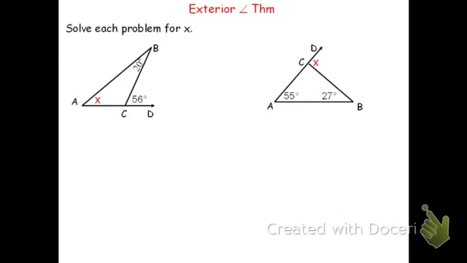Alright, let's take a look at 2 examples here. In the first figure, I see that the measure of angle BCD, or exterior angle, is 56 degrees. And I see the measure of angle CBA, or angle B, is 20 degrees. And we want to find the measure of angle BAC, or angle A, which is measured x. We're going to use the exterior angle theorem to do this. We have the exterior angle, and we know one of the remote interior angles, and we want to find the